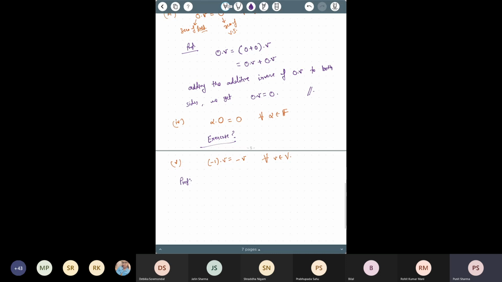Sir, by using the third result, 0 dot v is equal to 0. Then write 0 as 1 minus 1. So let me write this: 0 equals 0 dot v, which is equal to (1 minus 1) dot v. This is what you are saying. Okay, then